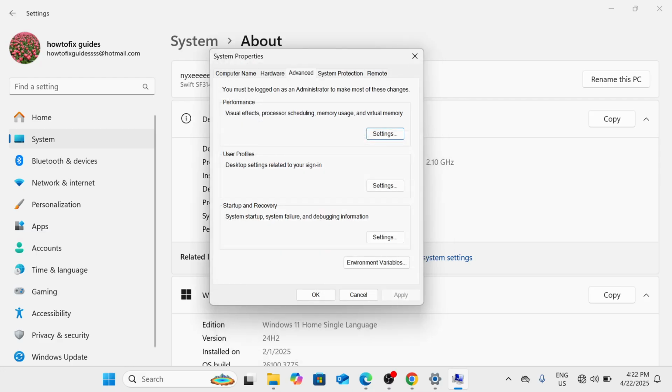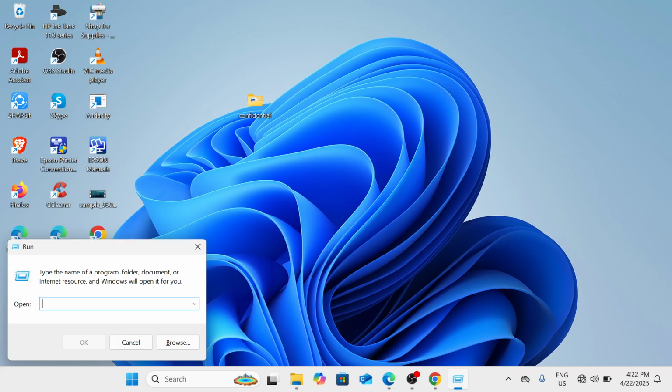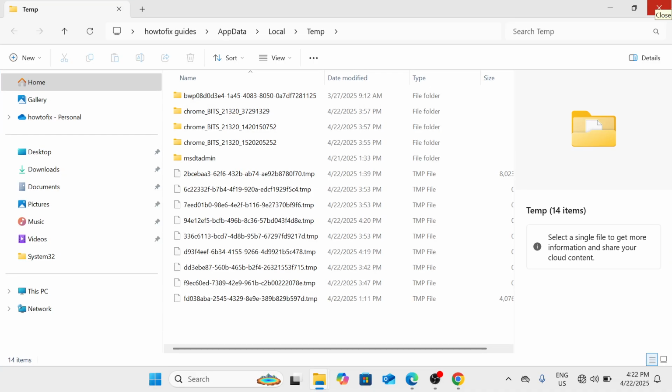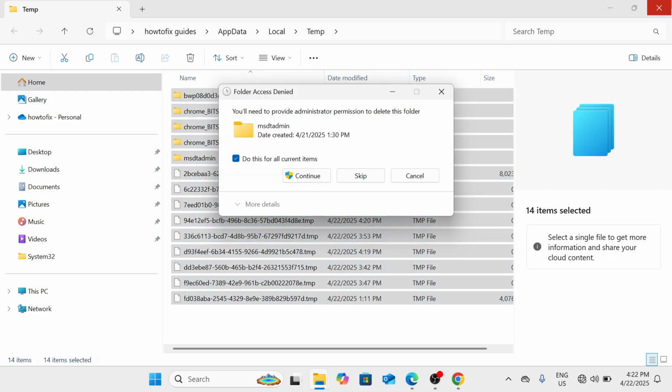Close this window, and then the next thing we need to do is to run some commands. So please open the run window. So please go to your keyboard, press the Windows R key altogether, and then here we need to type %temp%, and then once done typing, please click on OK or enter, and then here all you need to do is just to select everything. These are actually the junk files, the bad registries, and the cache files in your device. So just select everything by pressing Ctrl A in your keyboard, and then click on the delete button there, and then you will see some files here that are being skipped. Just leave them be because they are still being currently used in the device